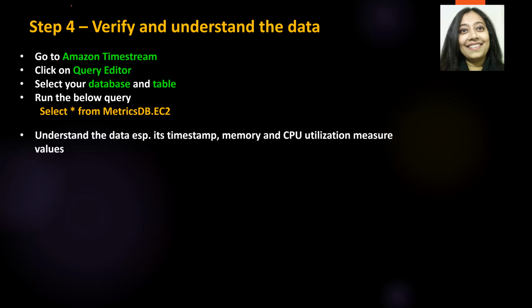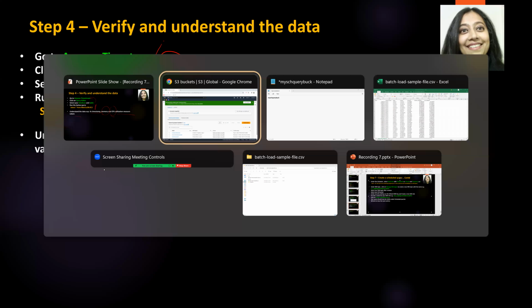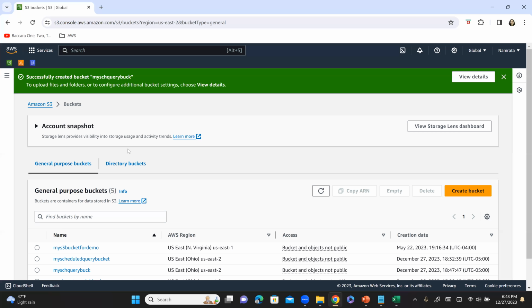Step 4. In step 4, we need to verify and understand the data that we already have in our database and table in Amazon Timestream. Now, this was done as part of your previous lab, that is the batch load lab. So let us look at the data. I think we've already looked at the data in brief. But what we need to do is look at the data carefully. We need to look at its timestamp, its memory and CPU utilization measure values, because our scheduled query is going to be around that. So let me go back over here, go to Timestream,